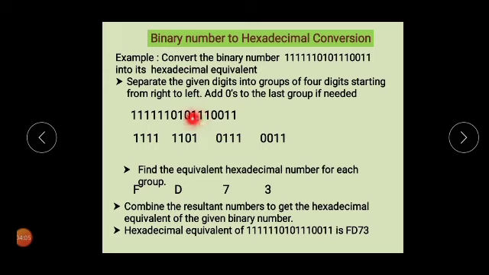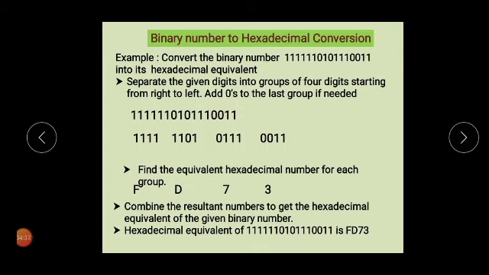Then we have 1110, so it is written here. Then 1011, which is written here. Then we have 1111. Now sometimes at the last we may not get all 4 digits. Suppose here we have only 2 ones. So we simply write 2 zeros on the left side. So basically we are dividing the given binary number into groups, each group having 4 digits.